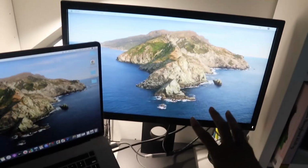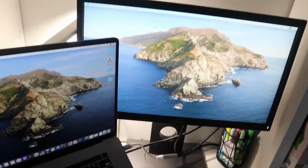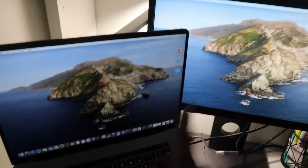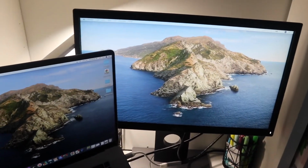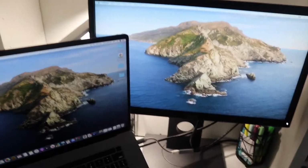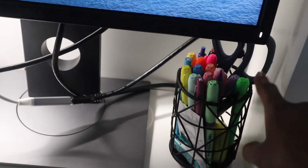Okay, next I have my monitor, which I just set up today. It was a bit of a struggle, but this is a Dell monitor, so it just mirrors my MacBook screen, which is really nice to have 2 separate screens, especially if you're splitting between Zoom calls and just like regular work stuff. Behind that I have my pens that I keep in here, just a bunch of highlighters, pens, scissors,